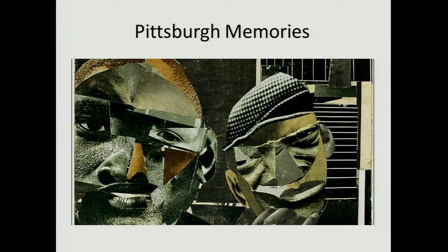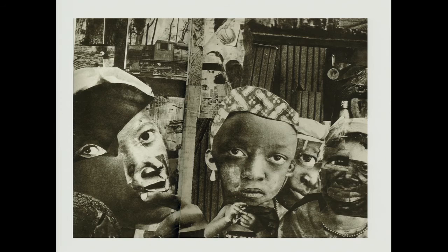There are no outlined stereotypical lips here. Notice as well an image that recurs in many of these collages from the 1960s, the image of the train. The train, the opposite metaphorically of the slave ship, symbolizes the agency of black people in the Great Migration, who migrated north to cities like New York and Pittsburgh, places of suffering, yes, but spaces chosen and redefined by black